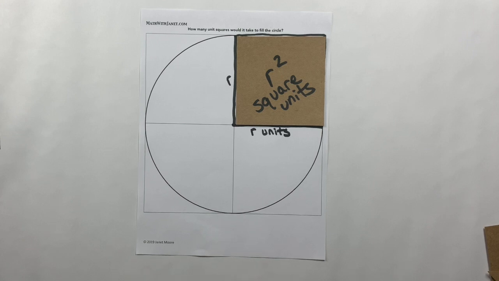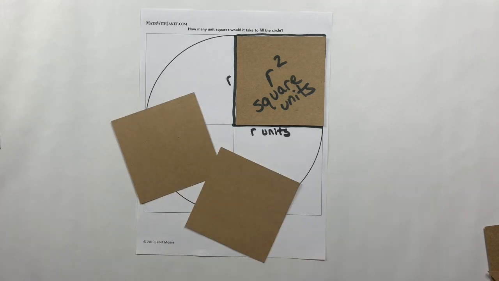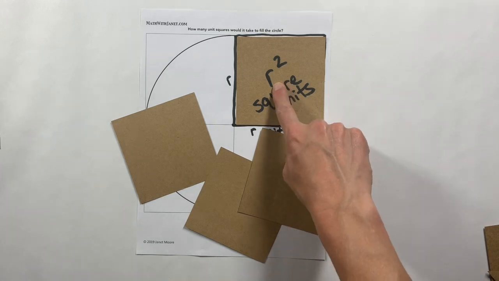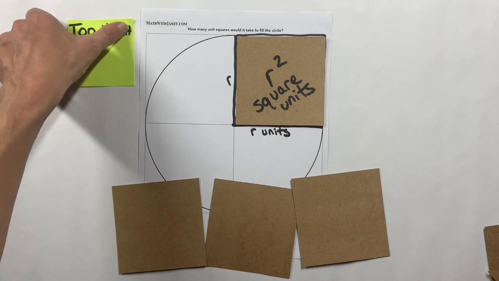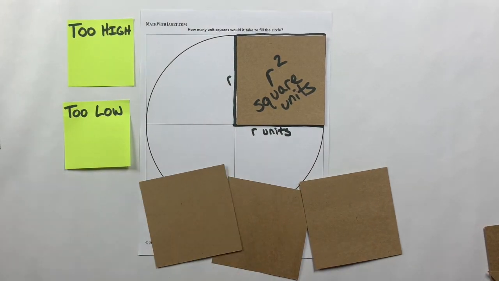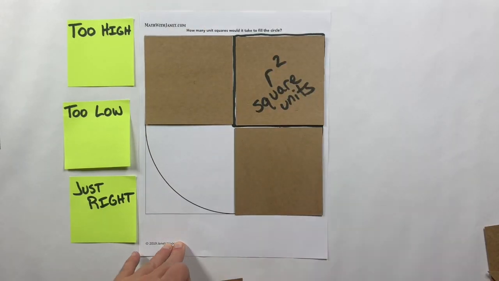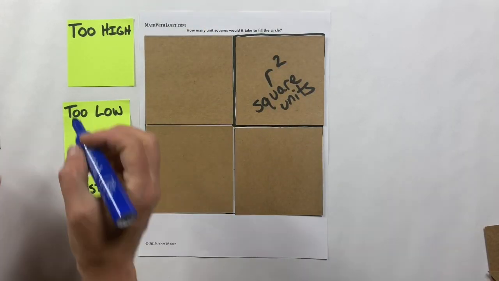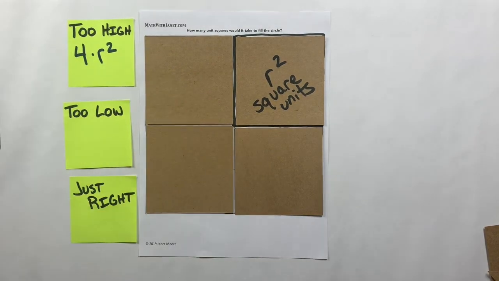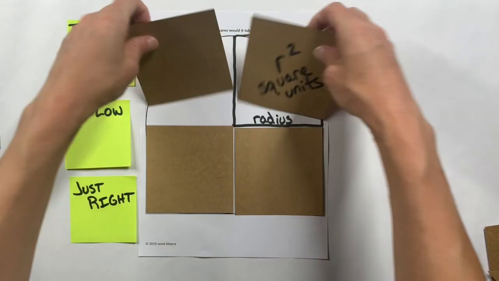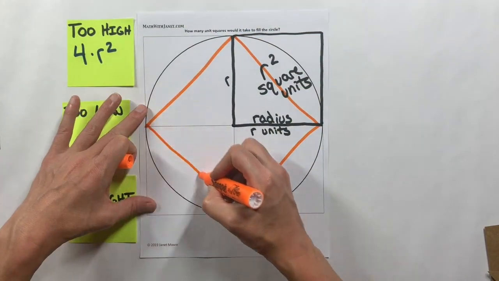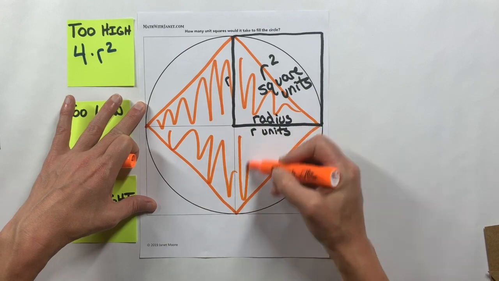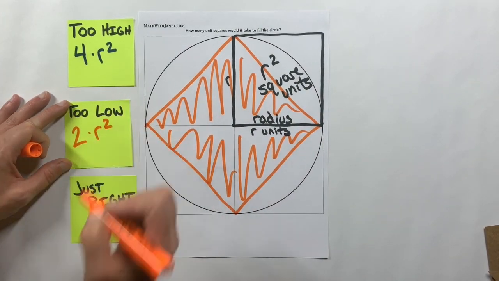And now we're back to the same question that we've been asking every step of the way. How many of those square tiles, each of them representing r squared this time, how many of them will it take to cover our circle perfectly? Once again, we run into the same situation. 4 of these r squared blocks is too high of an estimate. Once again, cutting along the diagonals and considering this region inside, 2 of those r squared blocks is too low